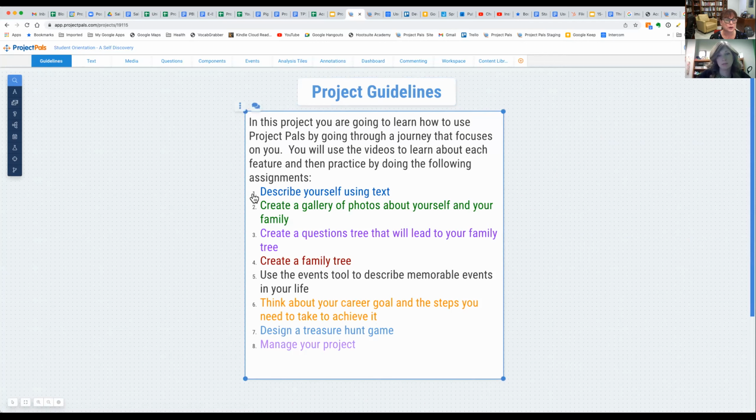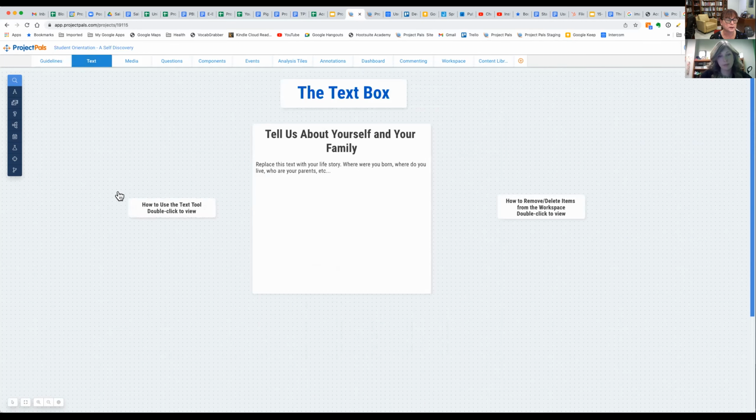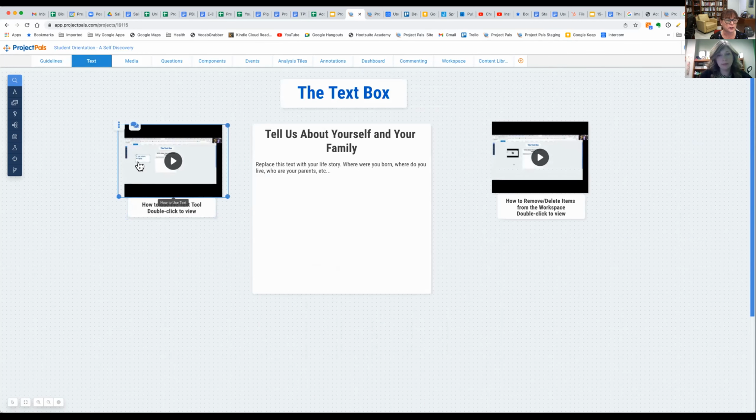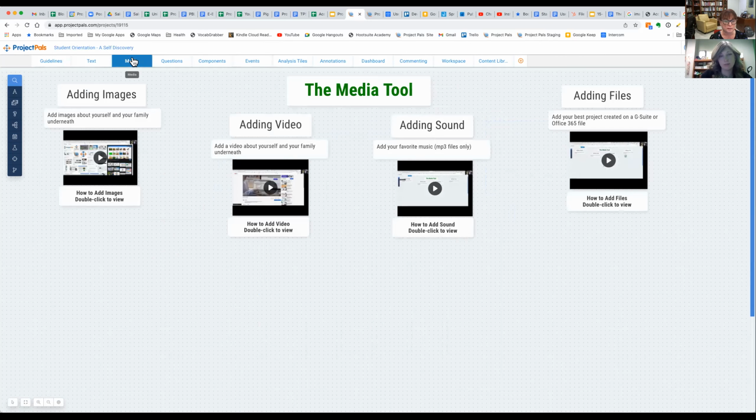For example, when they learn about the text tool, they have very short videos, each of them a minute or two, on how to use text and how to remove or delete text from the workspace. And then they have to use a text box to describe themselves and their family. Then media, how to use media, the different types, how to add images, video, sound, and so on and so forth. Each of them has a minute or two video and an assignment for themselves, including